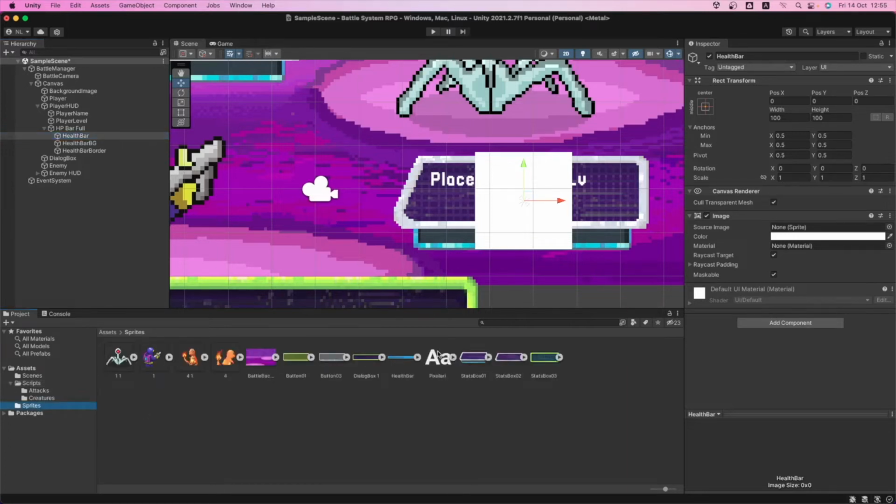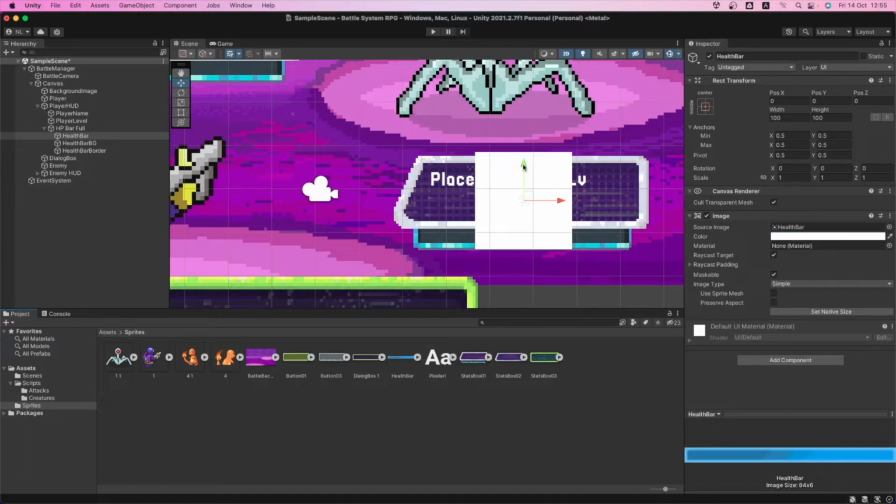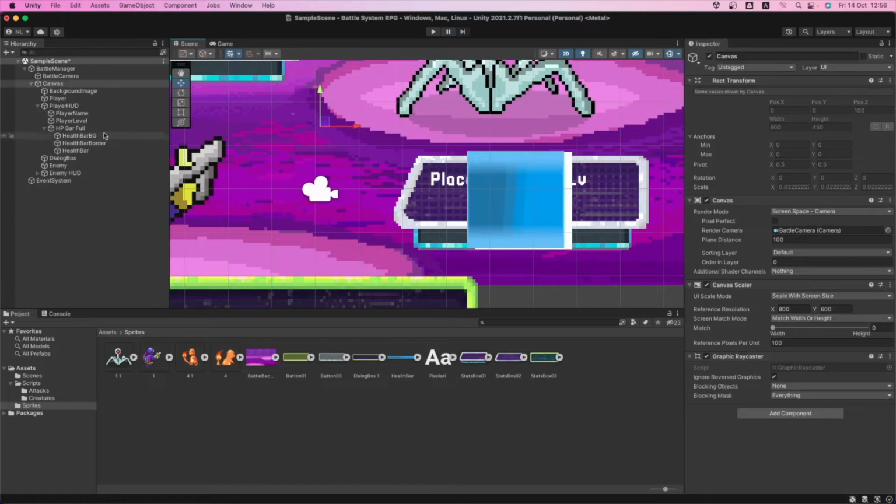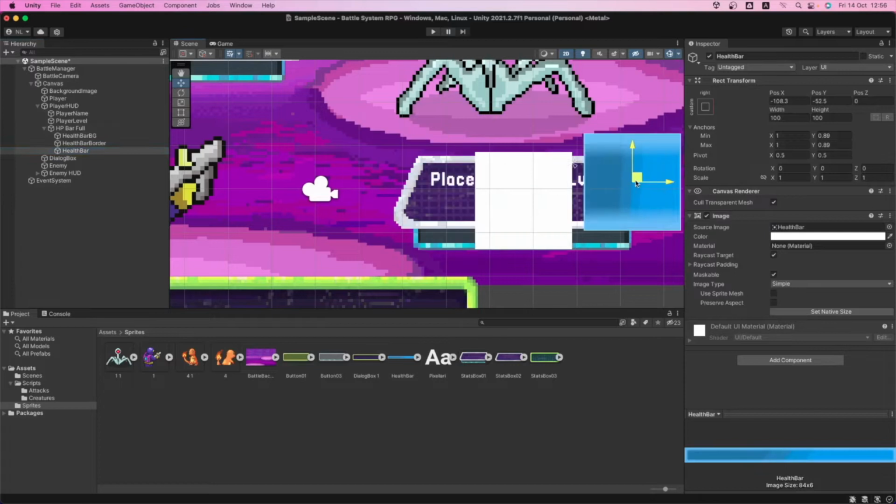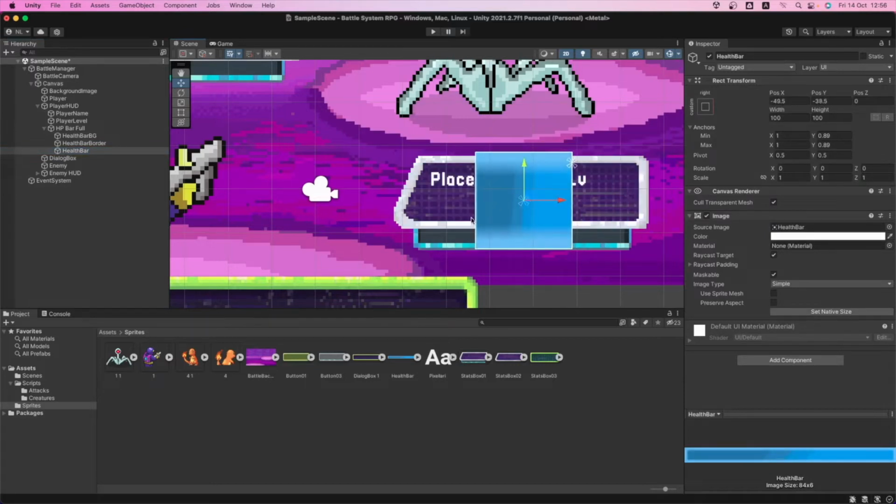Great. Okay, so now let's assign the image for the health bar, and let's go into the sprites folder, and let's select here the health bar, and let's drag it into the source image of the health bar. And now there it is, it's assigned, but we can't see it because we got this one on top of the other. Okay, so let's put this one right down here, and now as you can see, when we moved it here in the hierarchy, we can see it on top. Okay, so now we've got it. So it seems a bit funny, right? It seems a bit funky, doesn't look right like we would like to.